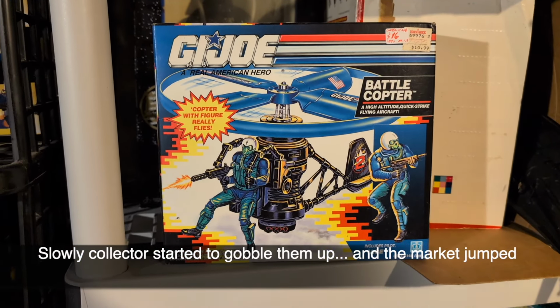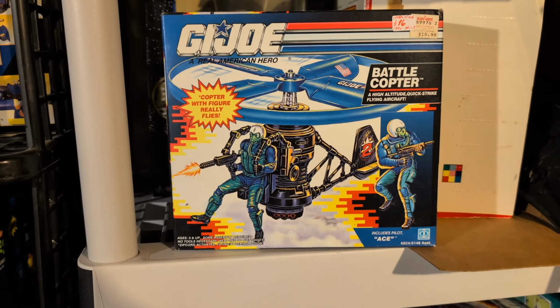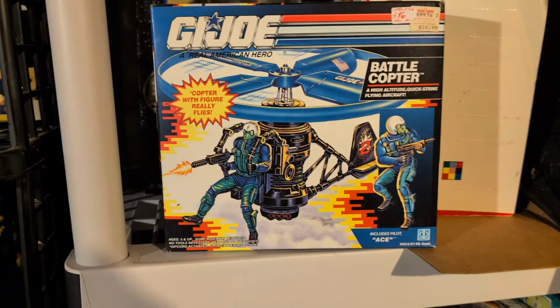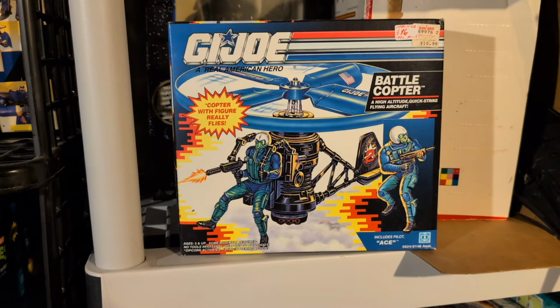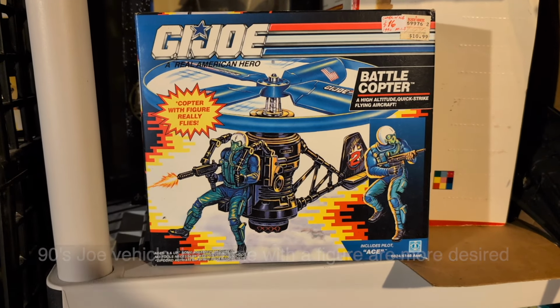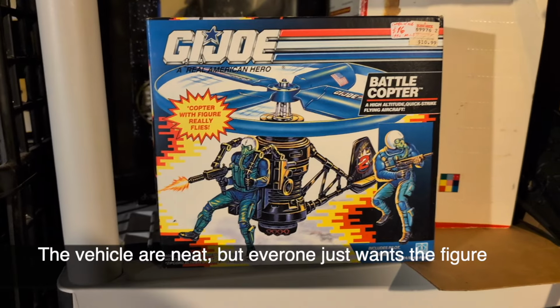And then the market finally bent into these series, the Battle Corps series, and they're much more difficult to get than people really realized. Now they've all dried up, especially. This piece is probably worth about 150, maybe sealed, and it should still be out there. The biggest issue is not really that it's sealed or that it has a figure of Ace. Ace is pretty damn ripped there. Look at that. Jesus. It's the fact that this thing was a piece of...